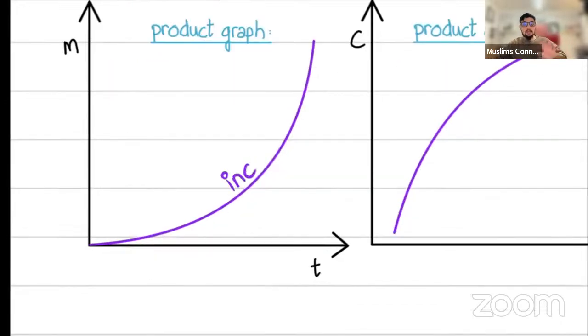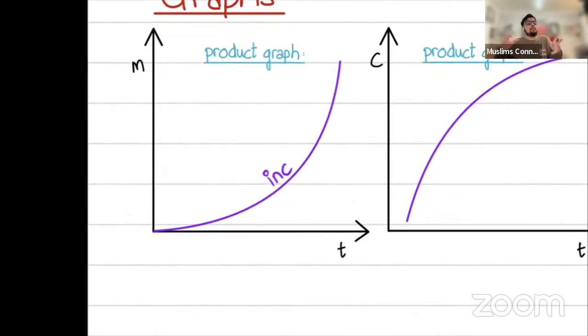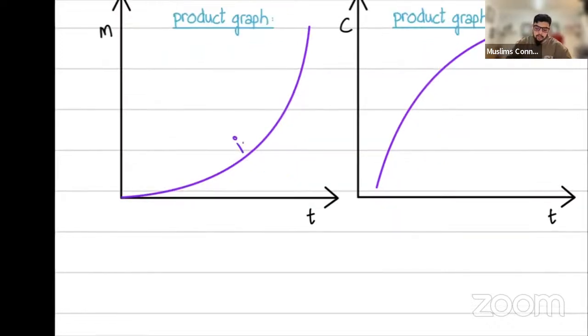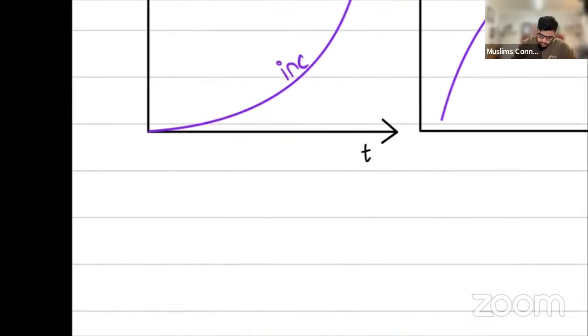Okay, which means we're starting with no product and we're increasing. Before we discuss gradient, we start off with 0 mass, and then eventually it increases in mass. The y-axis value is increasing as time is increasing. So that means we start off with no product, we end up creating product. Then we talk about gradient. Gradient is also increasing. Now, gradient is important because the gradient, okay,